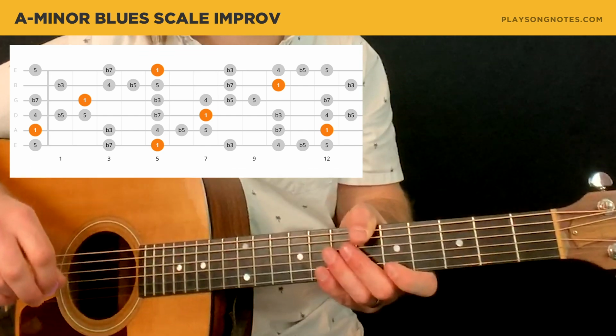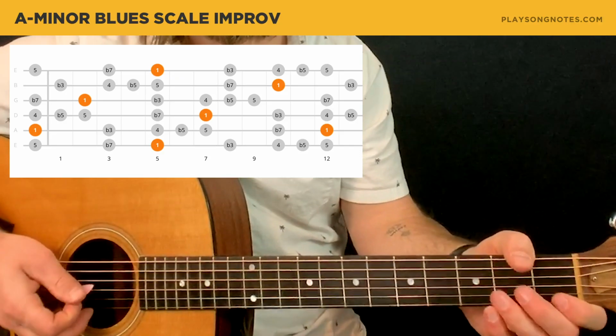So I'm going to put this backing track on and sort of just hang out a little bit in different parts of these scales, and I'll talk through things and give you an idea. Okay, so with that said, let's pull up this backing track and get on into it, right? So it counts in 8 counts. 3, 4, so